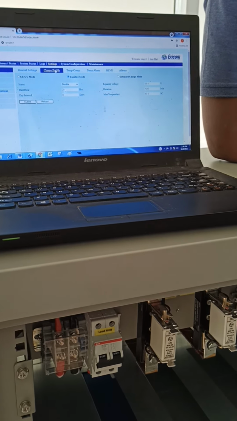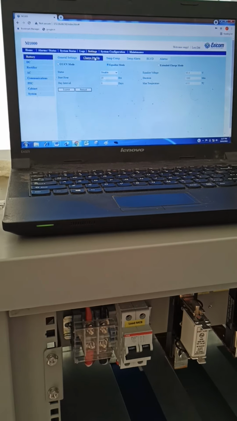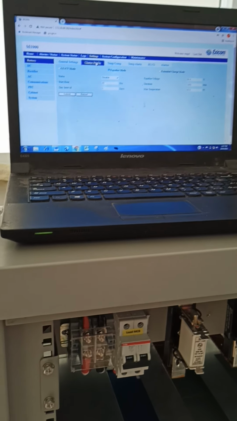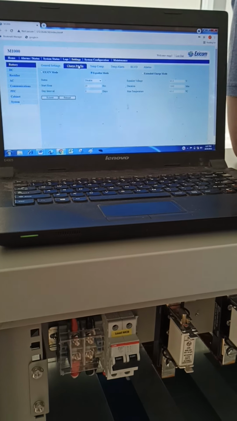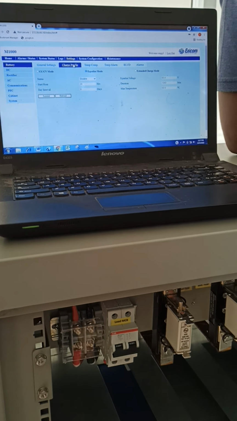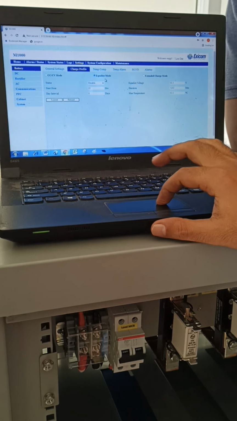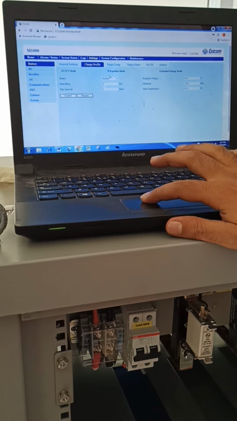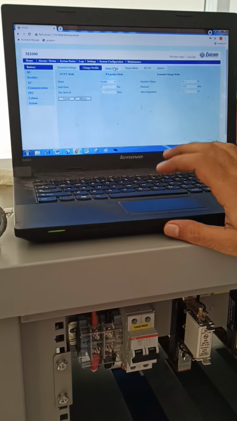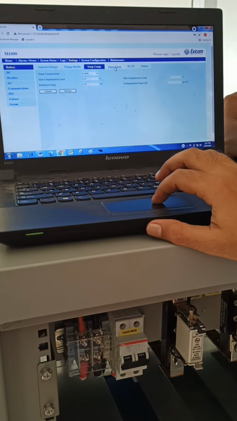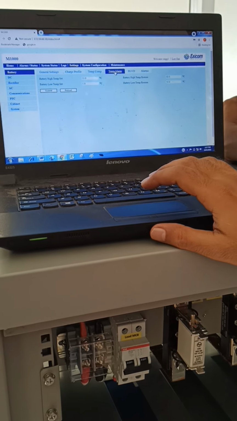Two things: one is to disable, another is that you get confirmation that the battery work is over. Then we can come and do our testing. Okay, the two things will come. After that we have to disable it, then enable.